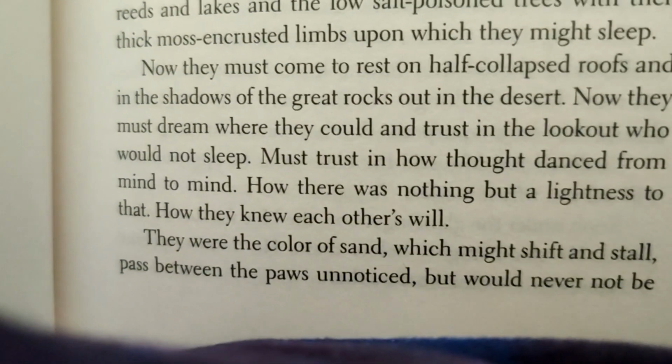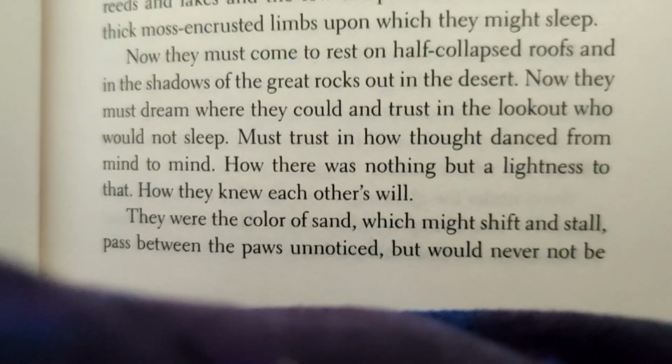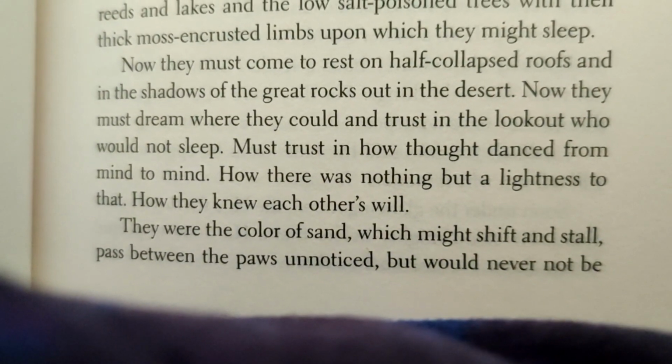Now they must come to rest on a half-collapsed roofs and in the shadows of the great rocks out in the...